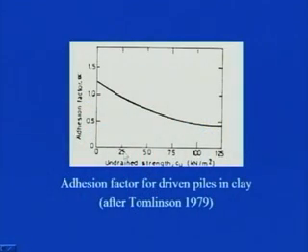Let us say that the undrained strength of the soil is 25 kilonewton per meter square. You simply pick this 25, draw a vertical line parallel to the y axis, and you see it will cut the curve at this particular point, it will intersect it here, and you simply project that to the y axis. So, correspondingly you can pick the value of this adhesion factor alpha corresponding to any particular value of undrained strength of the soil.